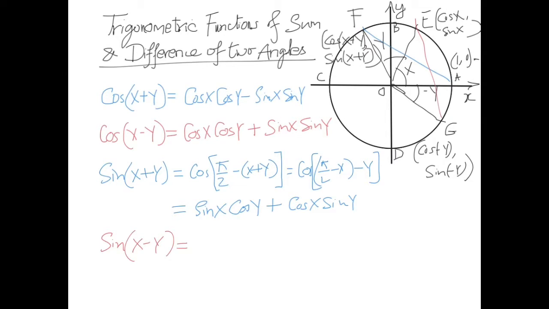So this becomes sin x into cos of minus y. Now cos of minus y is cos y, so this is sin x cos y plus cos x into sin of minus y. Now sin of minus y is minus sin y, so this will become minus cos x sin y. Let us now go to the next page and derive the expression for